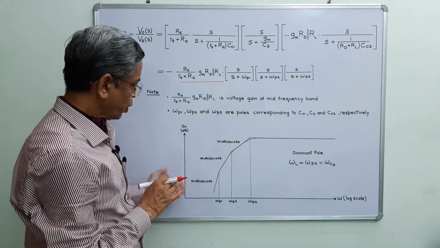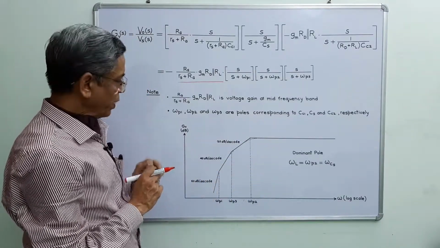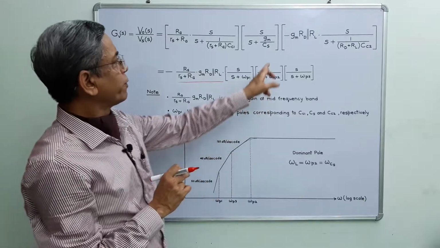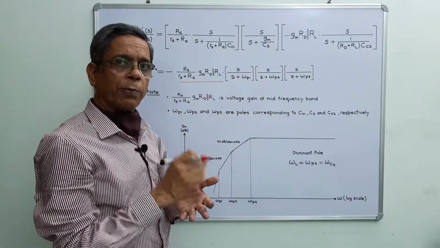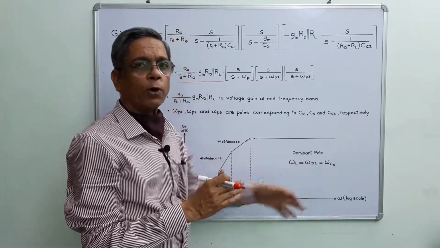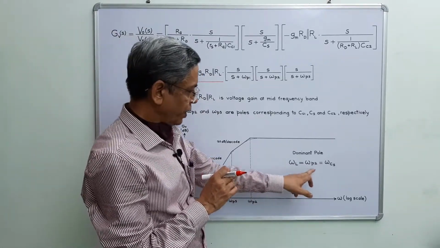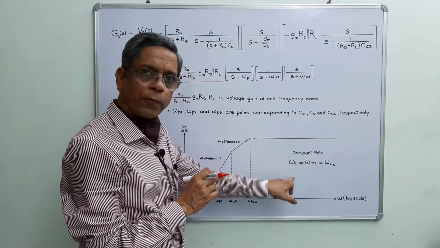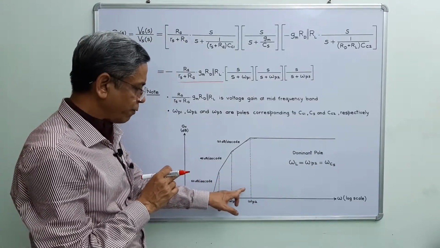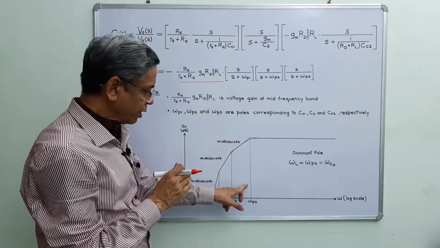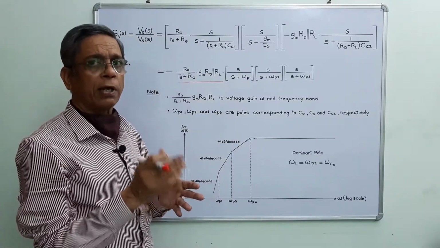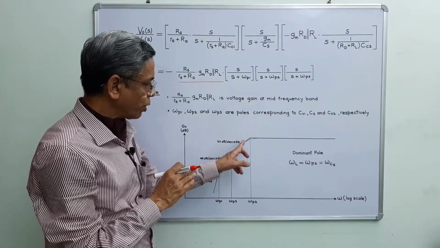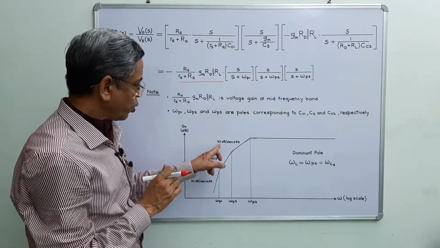Let us have a look at the Bode plot for overall voltage gain. There are three break frequencies or three poles, and it has been observed that because the transconductance appears in the numerator, this has the highest value among these three poles. That's why we can say this pole, or second pole, because of the bypass capacitor, becomes the dominant pole. The other two poles are quite separate from this pole and away from it by at least 1 or 2 decades. At each break frequency, the slope of the asymptote to the gain function increases by 20 dB per decade.